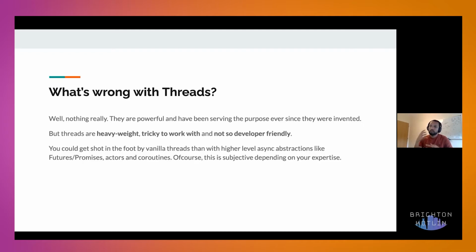For these, abstractions like futures, promises, actors, and also coroutines help developers minimize this risk. That's the benefit of all these abstractions. You become more productive, and developers become more efficient and easy to work with.